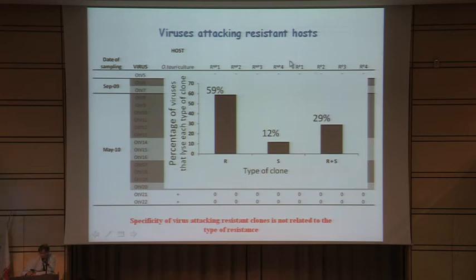So this is what we got, and these are the data we had. And this is interesting because this opens the door to more functional studies that we are now doing, because we are characterizing better and sequencing one virus of each category to compare the genomes, and maybe to have gene candidates which can be involved in the mechanism of resistance.